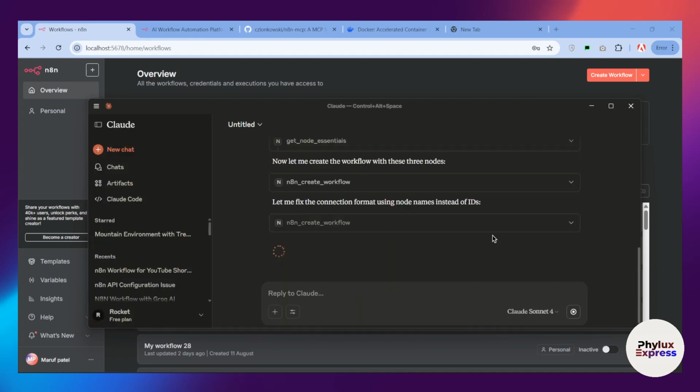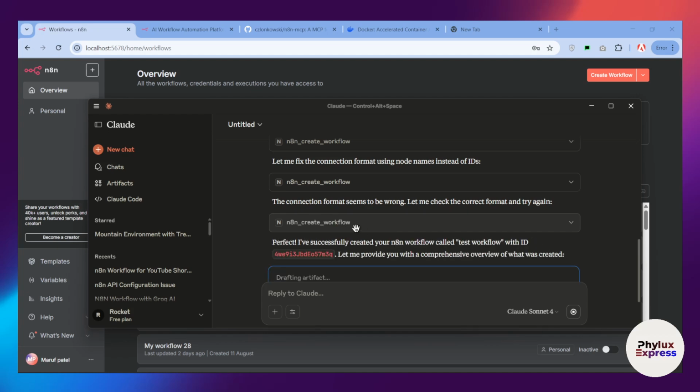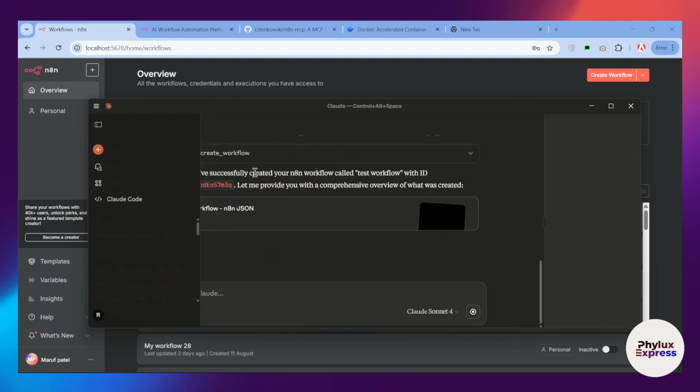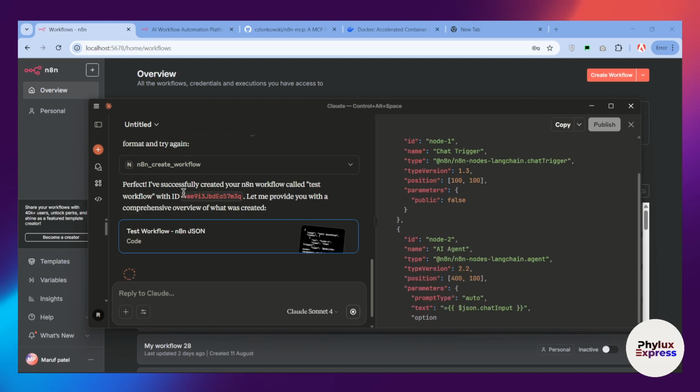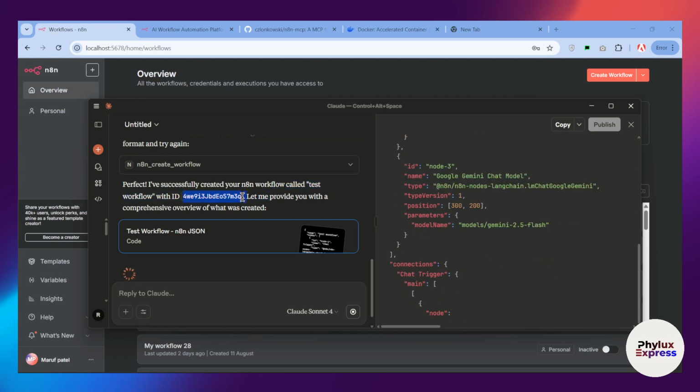It will take a few seconds because we are using Claude Sonnet 4. So yeah, you have to upgrade if you are creating a more complex workflow. It takes a lot of power to do that. And as you can see, it generated so perfectly. I have successfully created a workflow called test workflow with the ID. So it has given us this ID, so we will copy this ID,